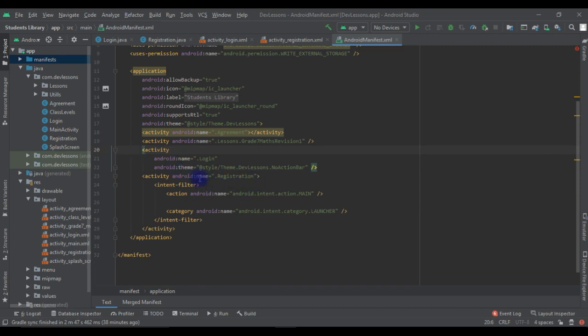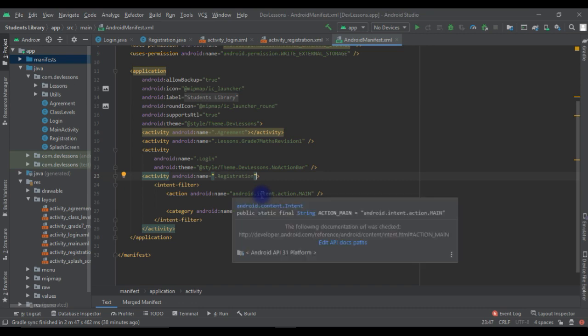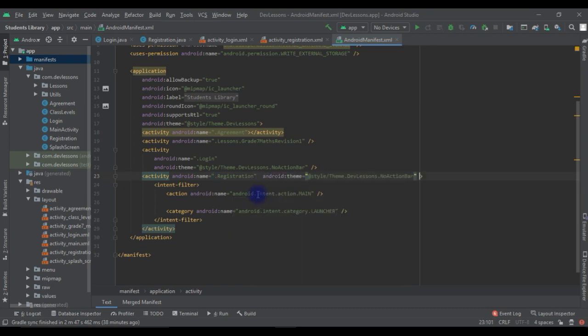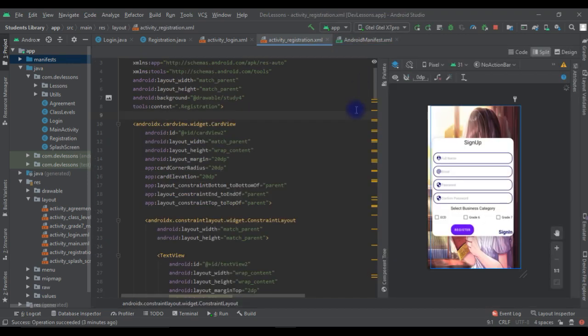So my registration, I want to remove the taskbar, so I remove the action bar. Also I want to